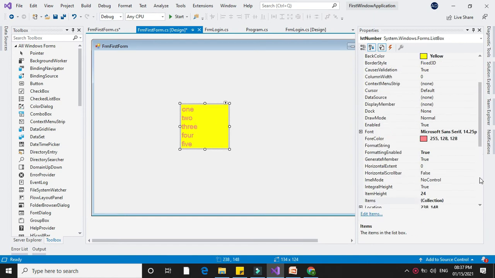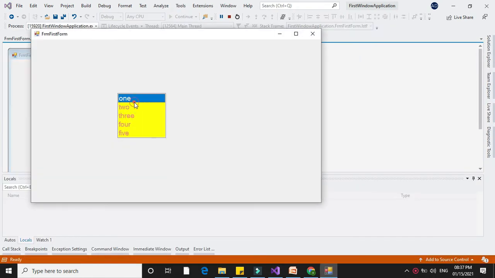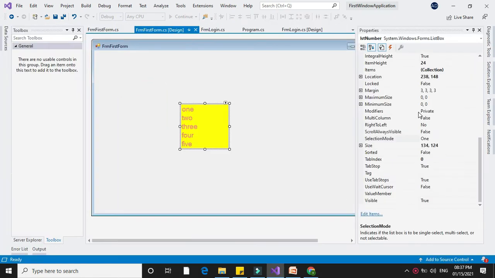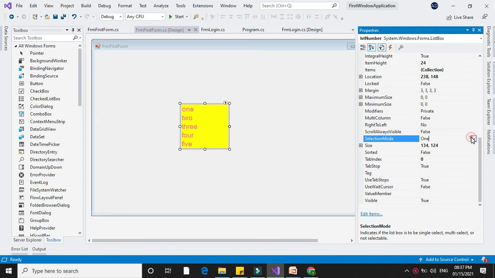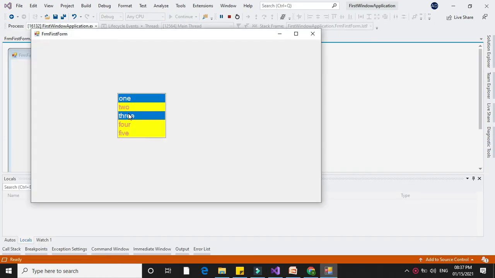If the SelectionMode property is One and if you run, you can select only one item. And if the SelectionMode property is MultiSimple and if you run, by holding the control key, you can select a number of items from the list box.